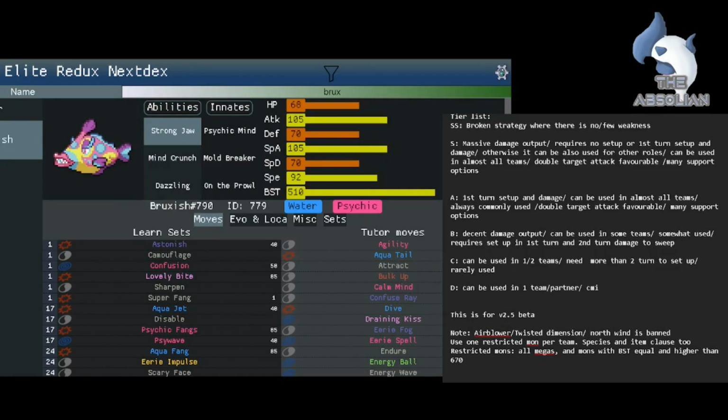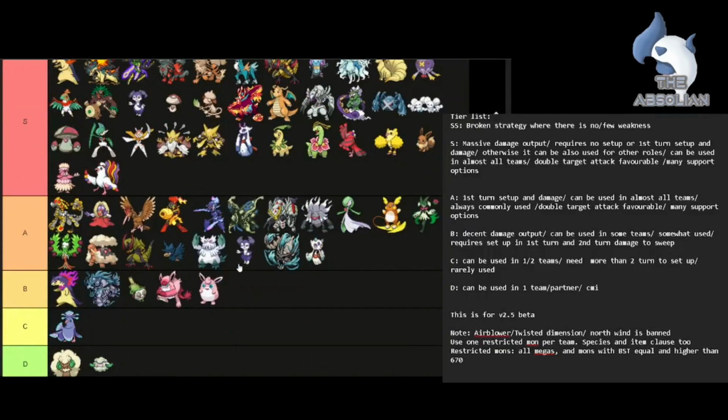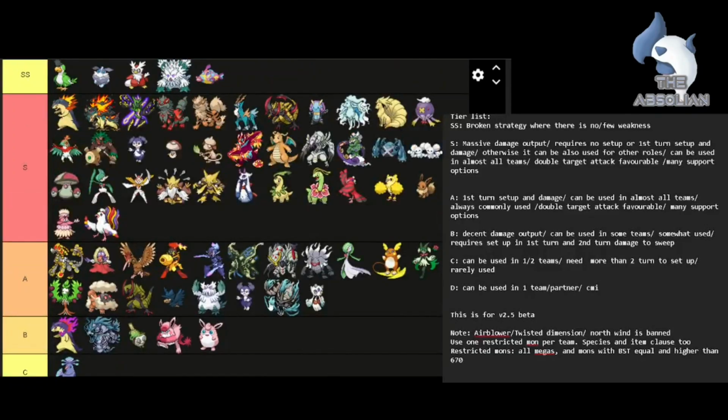So Bruxish, SS tier, and those Oricorio that I've mentioned are such a good combination with those Pokemon that have Prankster and Skill Swap. I'll just put it in S tier, because it can be used in so many roles. So that is what I feel, in my own opinion. Okay, next up is